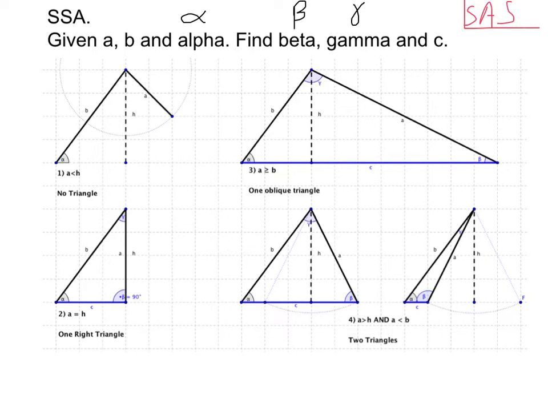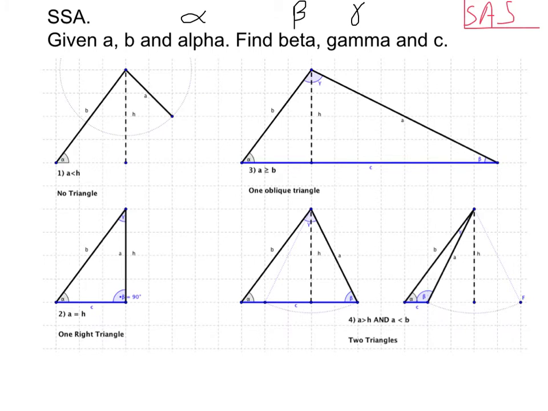No triangle, that happens when A is less than H. And we're going to talk about what H is in a minute and how to find it, but it's the height of the triangle. And this should make sense. I've included this little arc here so that we can imagine this side length A, which we can't change because we're given the length of that side, and we can't change alpha because we're given that, and we can't change B, but I'm allowed to change this angle here at the top,